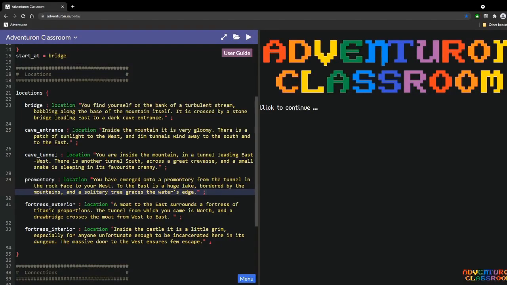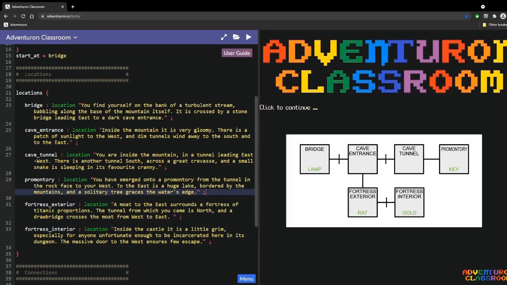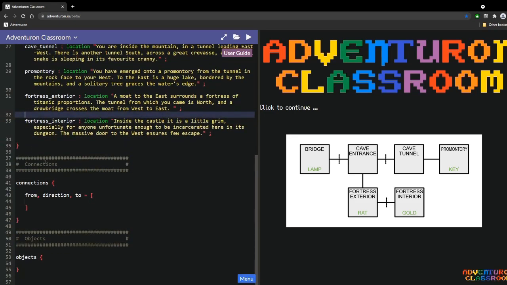We have all our rooms set up, but we need to tell the editor how they are connected. For this, we reference the map again. For a moment, we'll just set up the main connections and ignore any barriers. We'll deal with those later. So in the editor, there is already a section marked Connections. So we simply hit Control and Space,